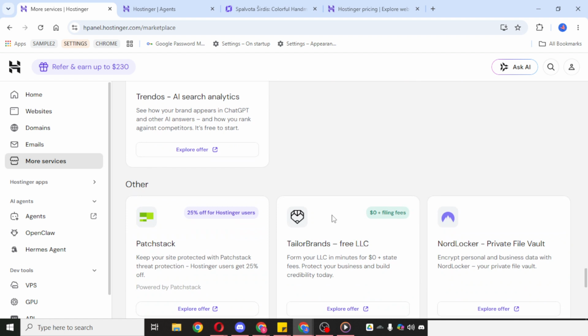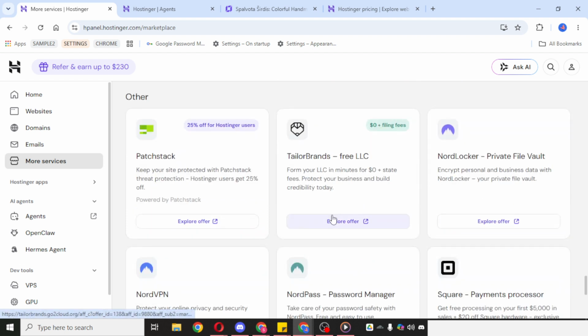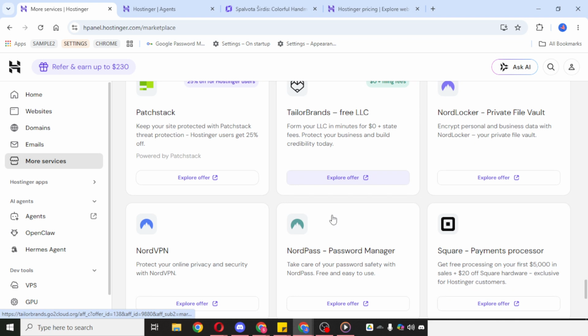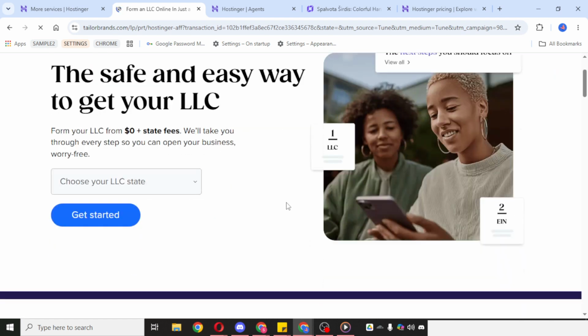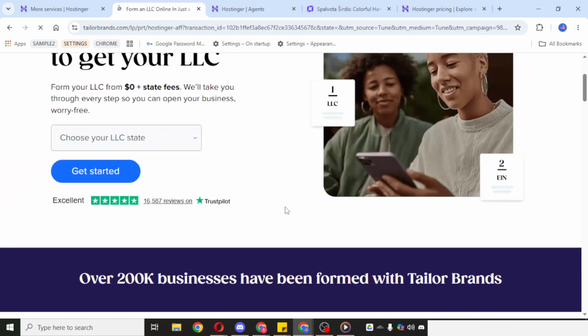At this stage, Hostinger may provide more information about what the plugin does, what features are included, and whether there are any conditions before you can continue. Keep in mind that some plugins may require a paid subscription or a separate plan before you can use them. If that happens, just follow the prompts shown on your screen.